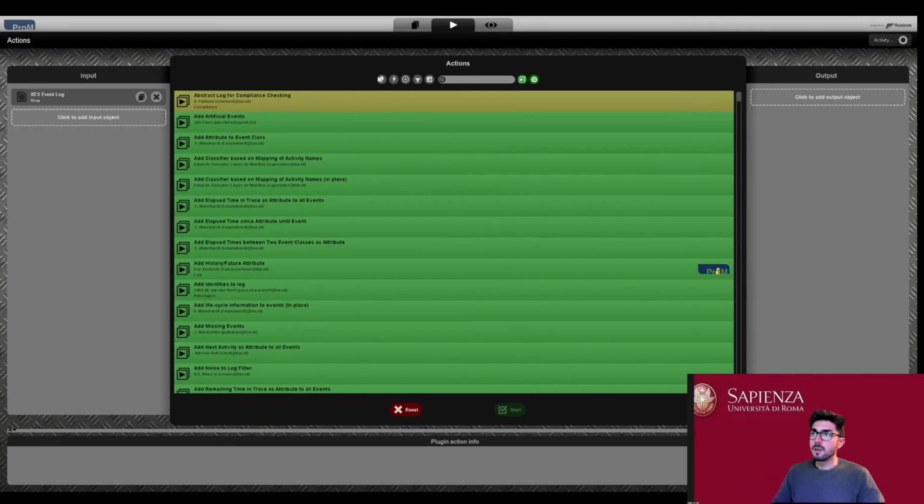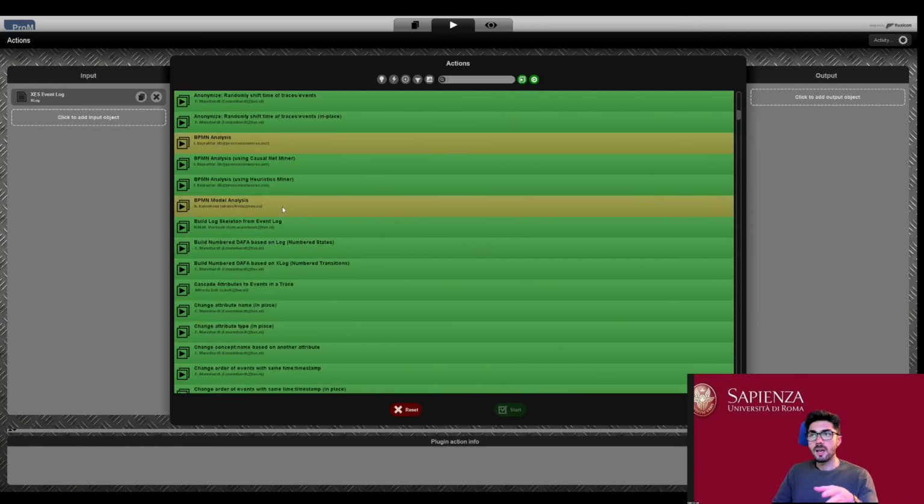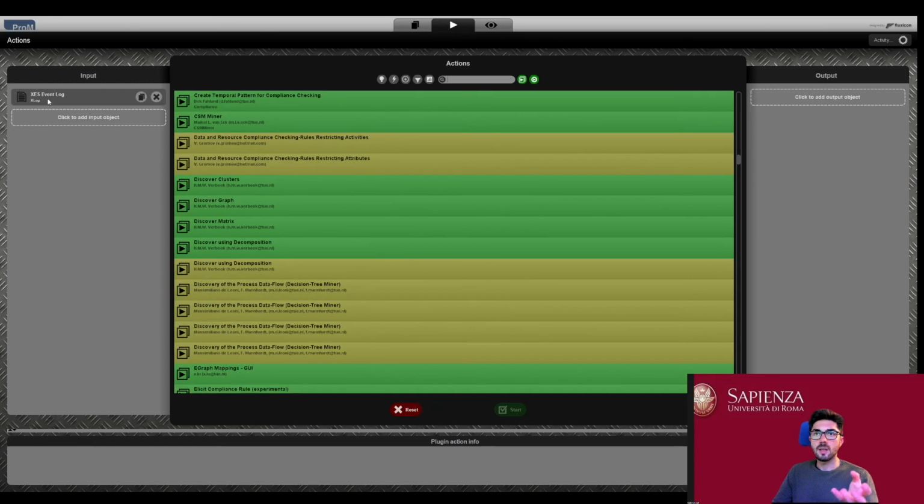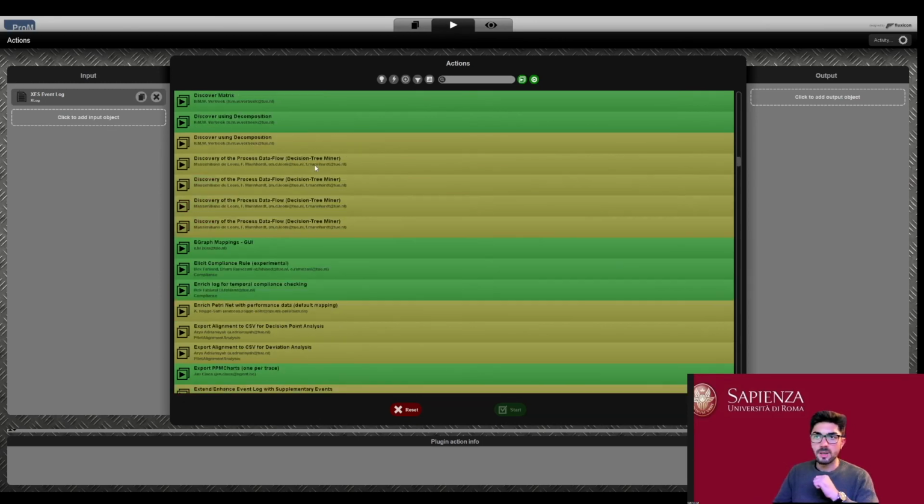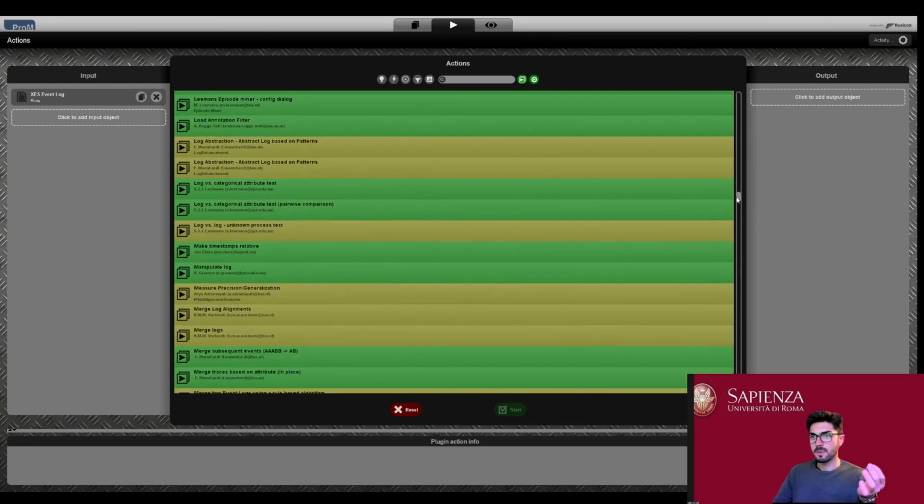So now that we clicked on that button, you can see that we came back to the window that we had before. And in the input section, now we have the XES event log that we just produced. And we can now select an action that can be performed on this kind of log. And there are a lot of them.